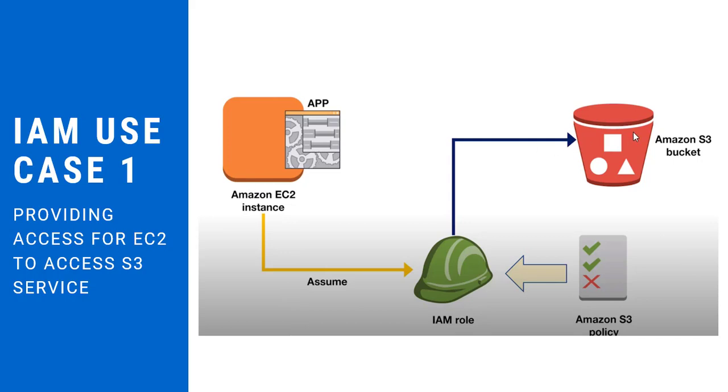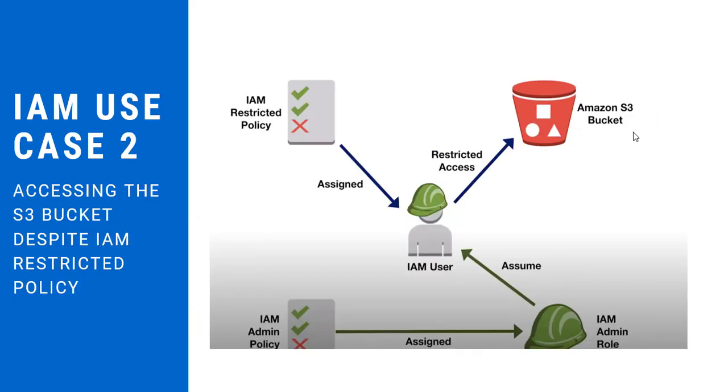This is one example. We'll go to one more example of one role. Here, suppose I have an S3 bucket and my IAM policy restricts access to this particular S3 bucket, right? But at times when it is required, this role will give you temporary permissions to access that particular resource. The permissions will be generated randomly, and it will be only for a temporary time period. This way it will make you more secure.